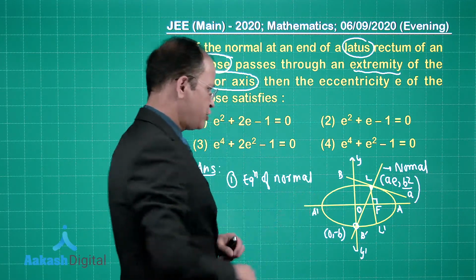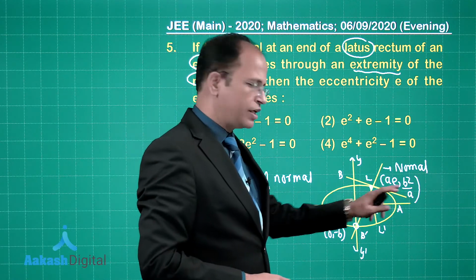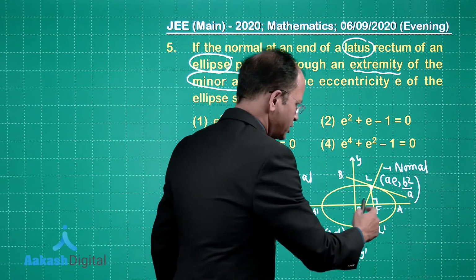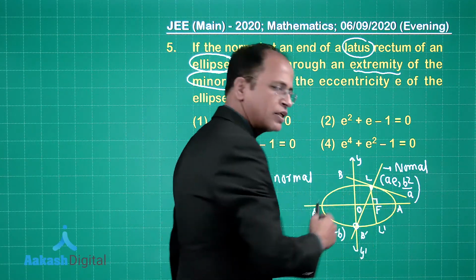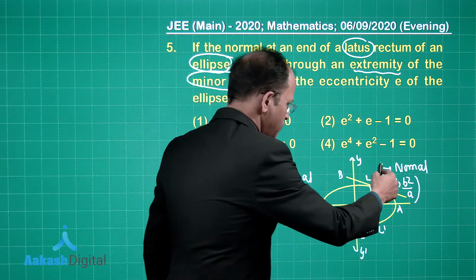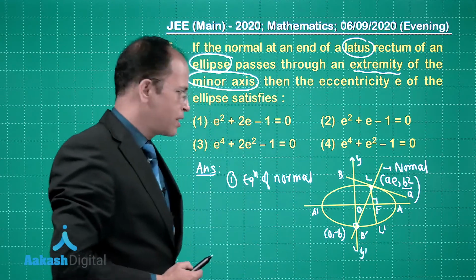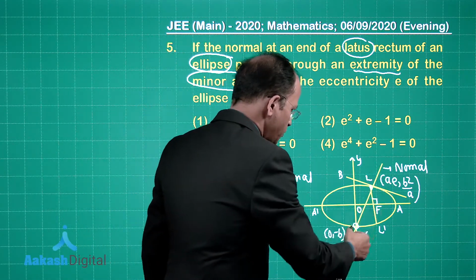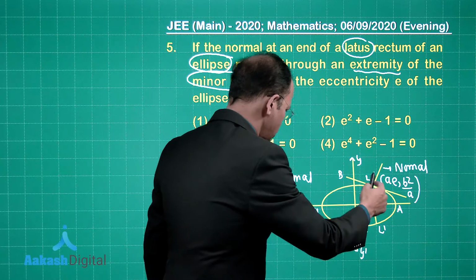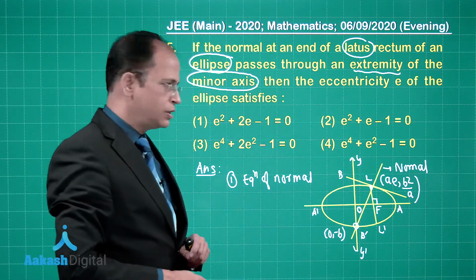Because the point of normalcy is given to you, this is the point we have. So you can find the equation of the tangent, and tangent is always perpendicular to the normal. So we can just find the equation of normal also once we get the slope of the tangent. So once we get the slope of the normal, we can just find the equation of the normal. So equation of normal can be found out, right?